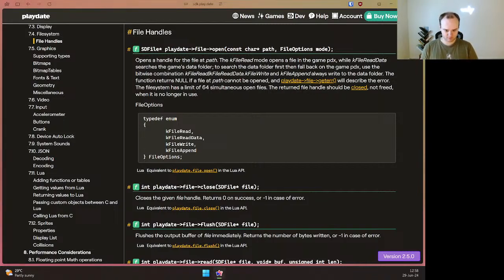Whoa. Whoa, whoa, whoa. File. Path. Mode. K-file read. Thank you. Okay, now we're going to just remove you.